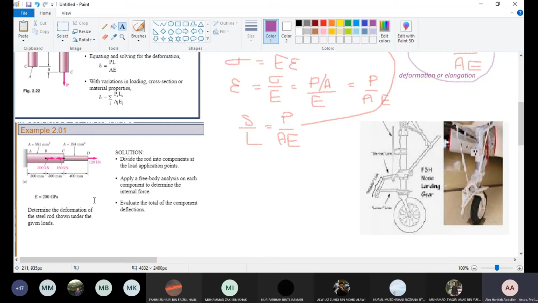Okay, let's see, we have a problem here. We have a beam column and we have a force internally, the force here, and also the force at the end of the column is 120 Newton. You may imagine the column, this is a nose landing gear strap. So the force that comes through here